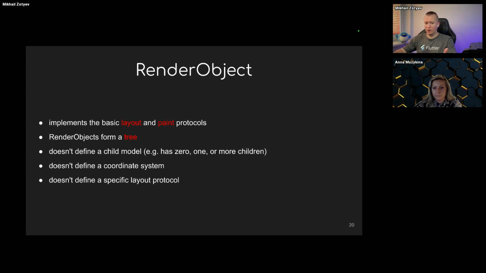Maybe it's many children, maybe it's zero children at all. So they also do not have a strict coordinate system. If you want, you can work with a polar system, or Cartesian. And the layout protocol is also something that you can choose. For example, there are two protocols widely used in Flutter: box protocol and sliver protocol for scrolling. So if you need something for your concrete purpose, you can create your own protocol and build on